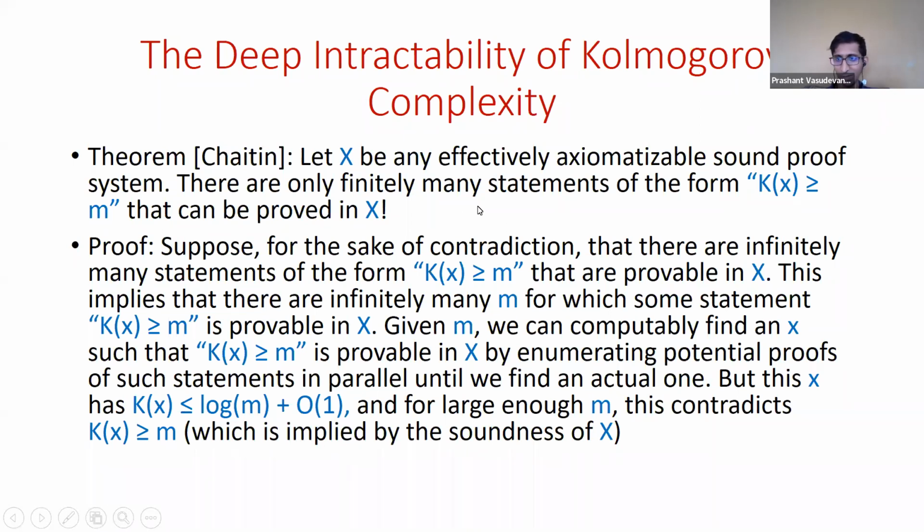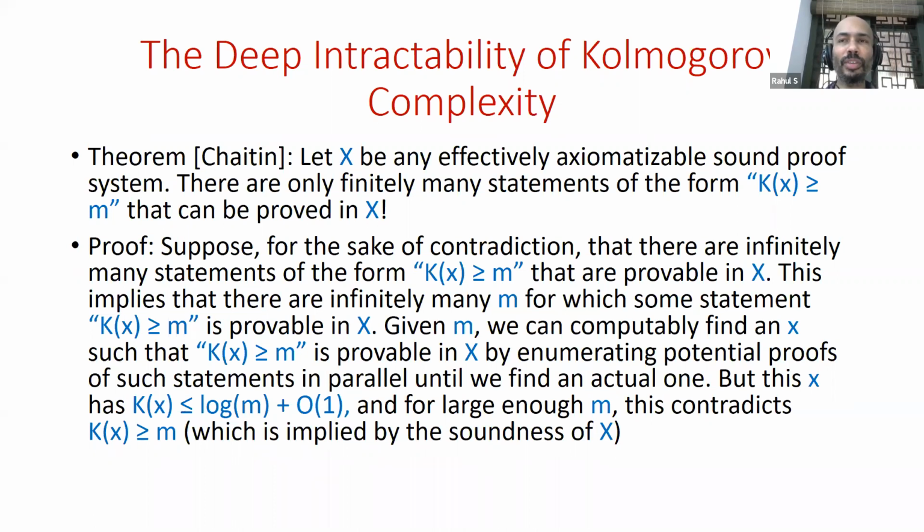Sure. There's a question about what the term effectively signifies. Okay, thanks for that. So this is sort of a historical artifact, I think. Effectively axiomatizable essentially means computably axiomatizable. That might be a better term for it. A proof system consists of axioms and rules of inference, where you use the axioms to generate new theorems. And all of this process should be implementable by a Turing machine, in the sense that given a proof, you should be able to tell by a Turing machine whether this proof is correct or not in the proof system. That's what effectively axiomatizable means.